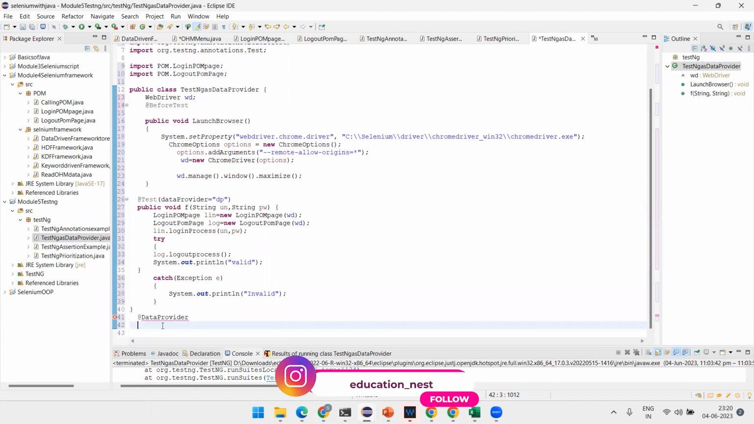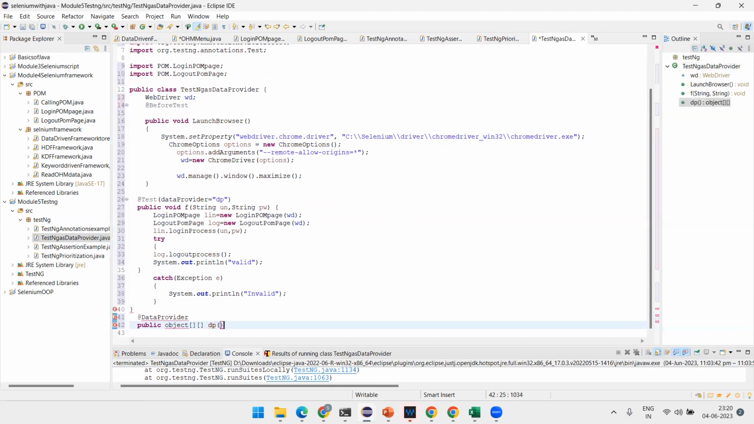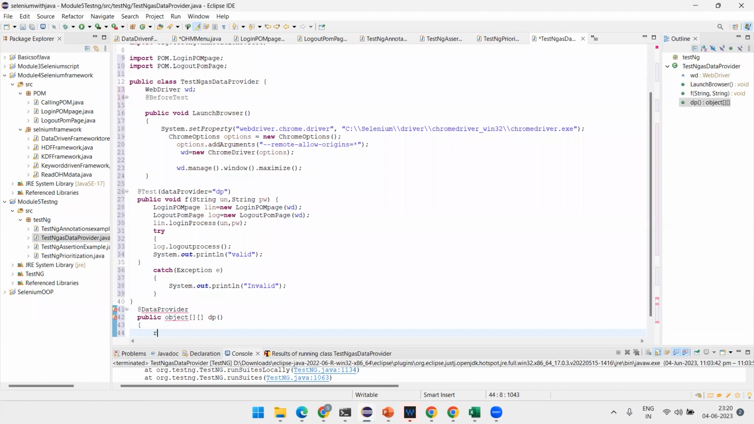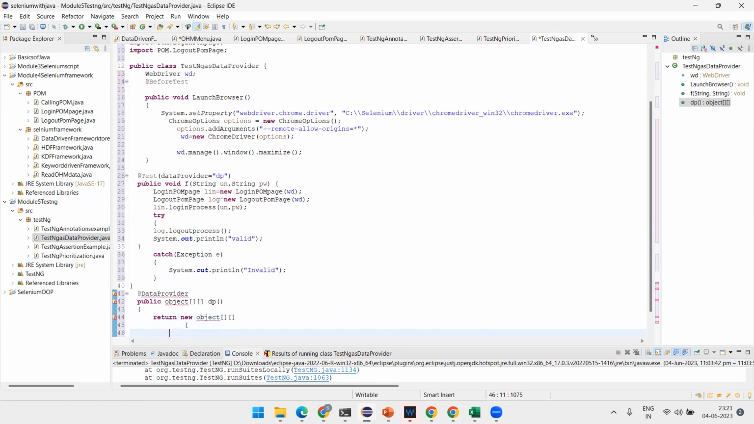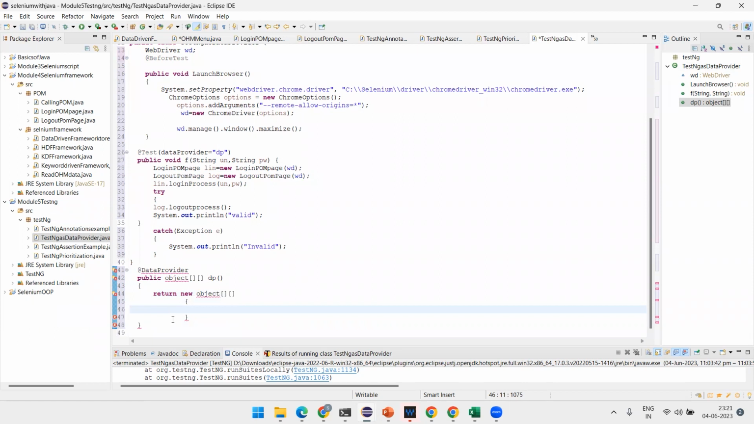Let's see, there is some practical. First, I'll publish this public object. We are taking a two-dimensional array. Okay. Then DP, the data provider. Then return new object. Return new object. Then object, new object is